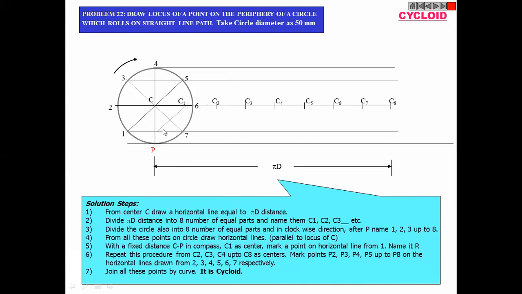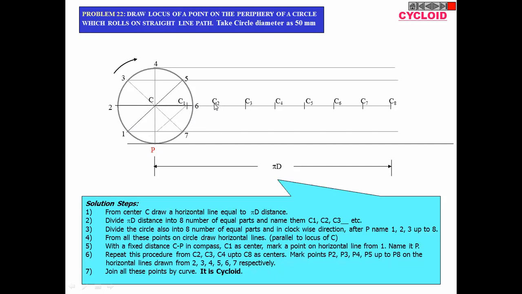Now what we will do, we will take this radius CP. CP means the point wherever it is. If it is shorter, then we will take that radius. From this circle around which this point is rotating, from that center to the point, that much distance we will take. Then we will first put the compass on this first point, and we will mark one arc on this point, which is related to C1. That's why it is C1. So we will mark an arc on this horizontal line which is coming out from point number 1, like this. Then our radius will remain the same, CP only.